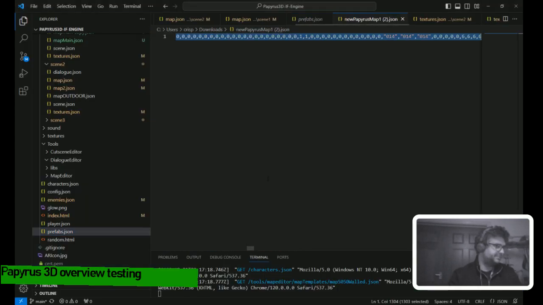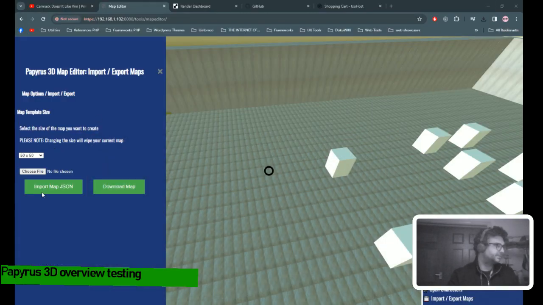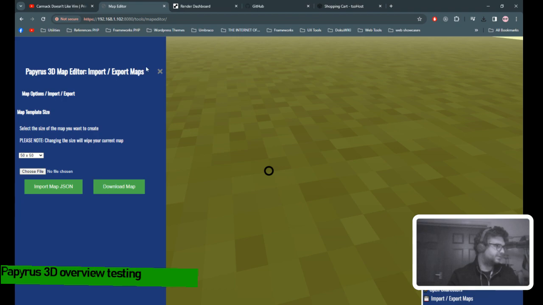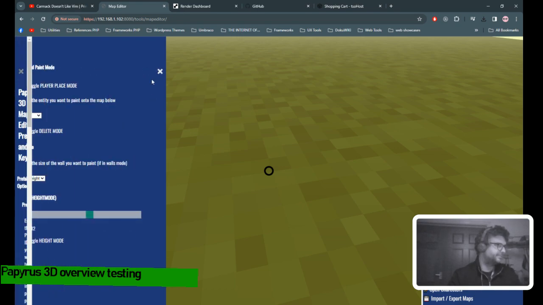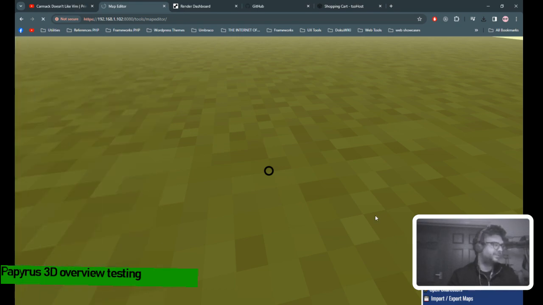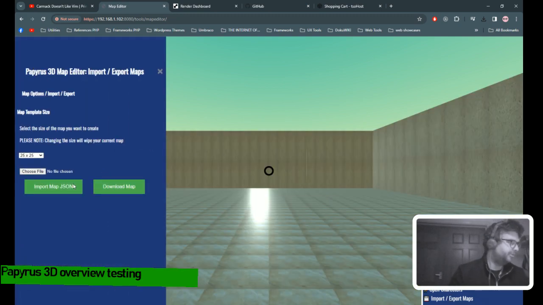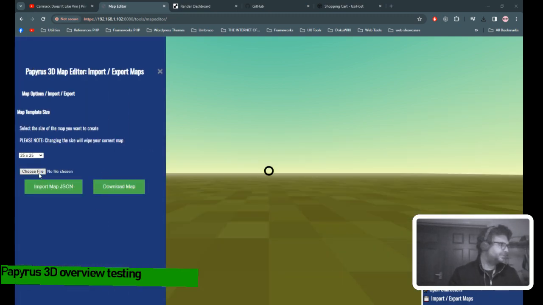So I've got it ready, and I'll go to here and see if I can add that door, which I should have added before. Okay, import. Oh, the import doesn't work yet. Yeah, refresh that. Import, choose file, and then import, I think.